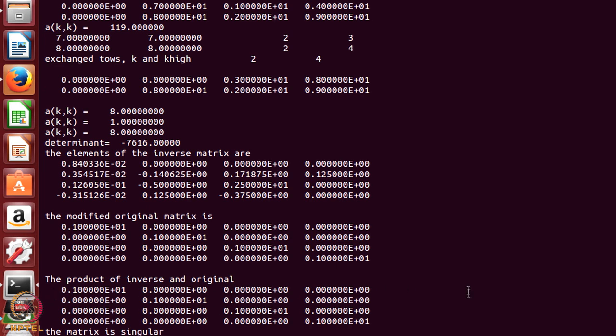See, this is the last particular 4 by 4 matrix: 1 0 0 0, 0 1 0 0, 0 0 1 0, 0 0 0 1. So, this is an identity matrix I obtained in two different ways. One by taking the inverse and multiplying by the original matrix. Second way by converting matrix A into the identity matrix by changing the columns and rows by the elementary operations that we have described in detail. Before I go further, let us just edit that input.dat so that you know what it is.